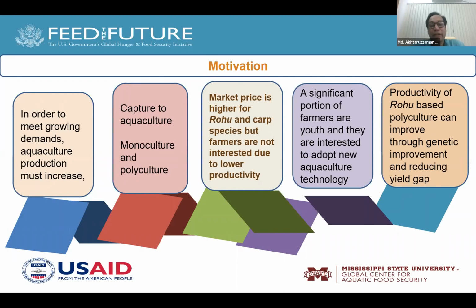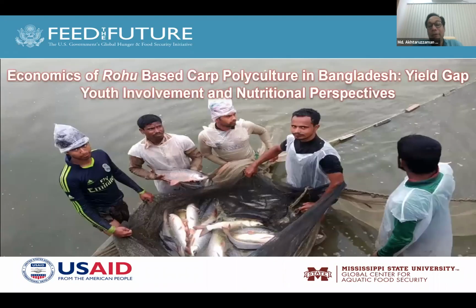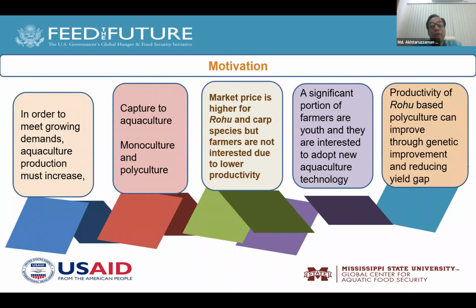Our research is part of the genome sequence research project, a quick start project. This is our previous slide. Our title was Economics of Rohu-based carp polyculture in Bangladesh: Yield Gap, Youth Involvement, and Nutritional Perspective. As you know, the fish farmer usually expects higher yield and return, but due to several